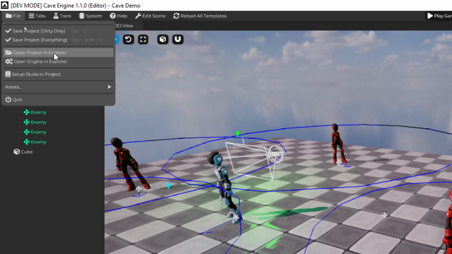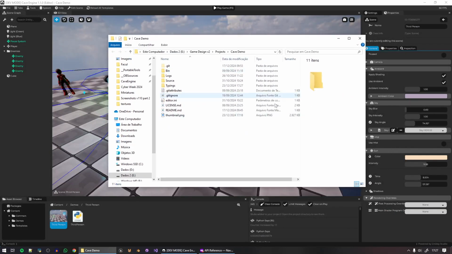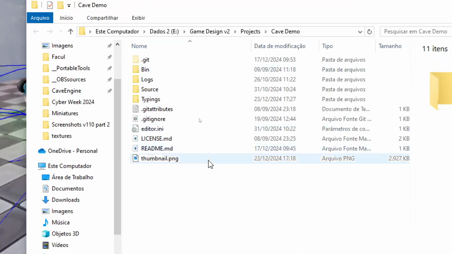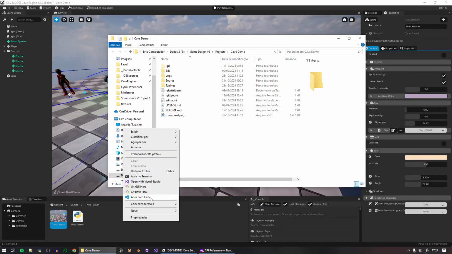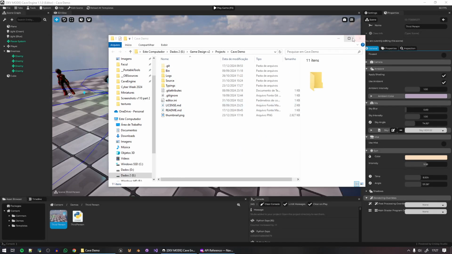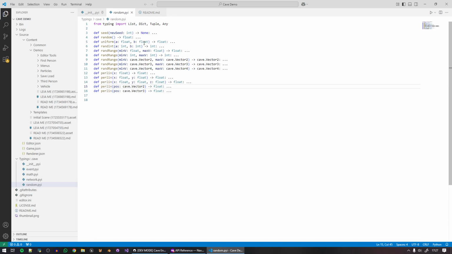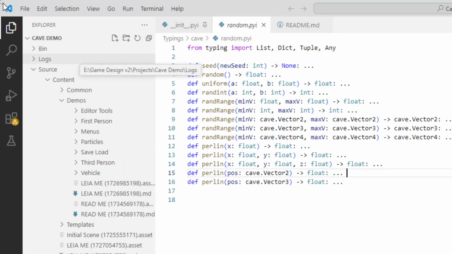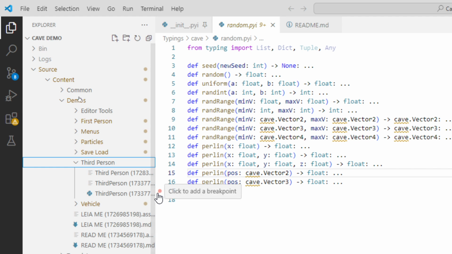So if I go to File, Open Project in Explorer, it will open the project folder for me, where I have all the files. And if I right-click here and open with code, for example, which is my personal editor, I was editing the scene, so it's all open here. But you can see I have Visual Studio Code, and I can open my files. For example, third person. Let's open the